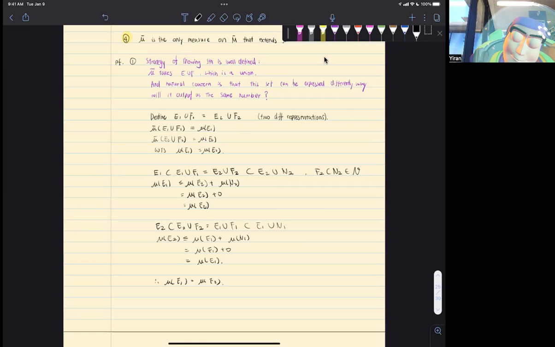And mu of E union N is equal to mu of E. Okay, so that is our goal, and now observe that E union F is a subset of E union N, and let's think about the measure of E union N, right? So the measure of E union N is